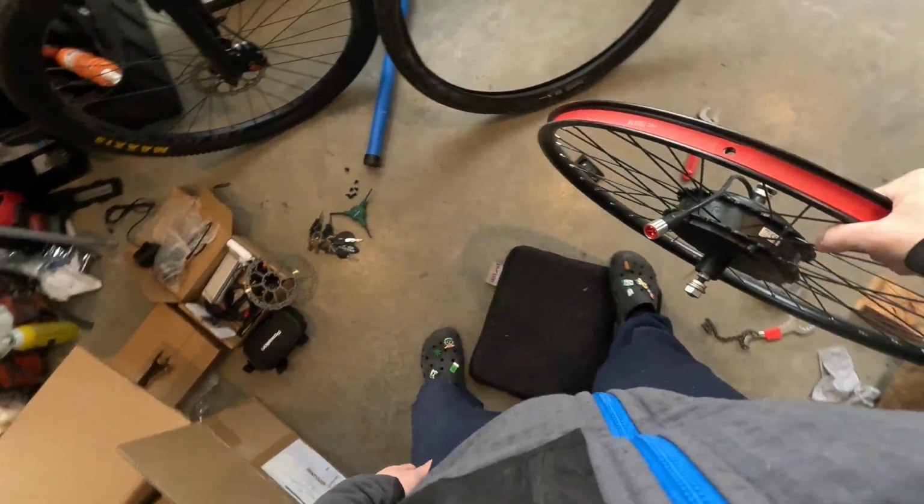Here it is. So I'm hoping that this is the right size rim here. Let's see. It seems like it should be the right size rim. Okay, so here it is, boys. Let's take a closer look. It says RM G0900 750